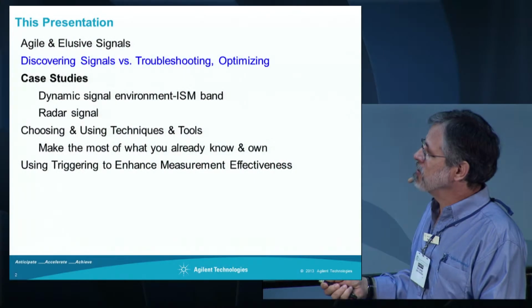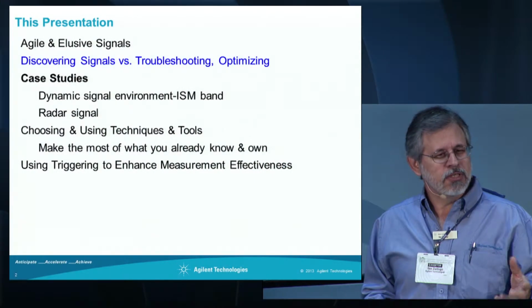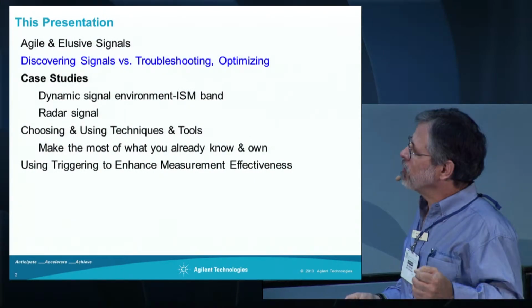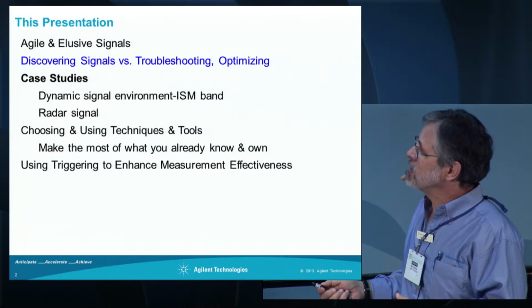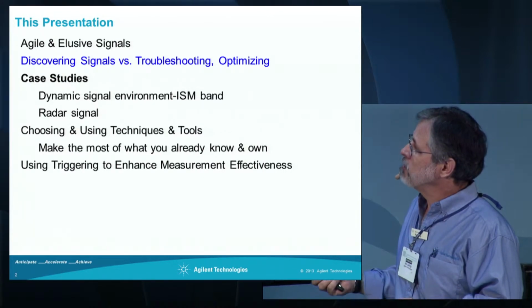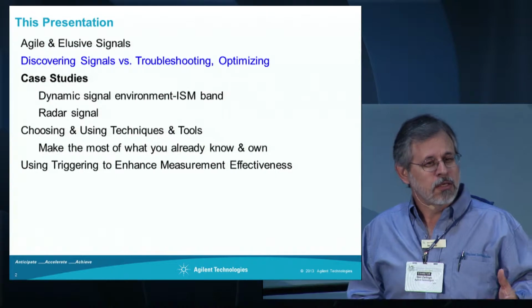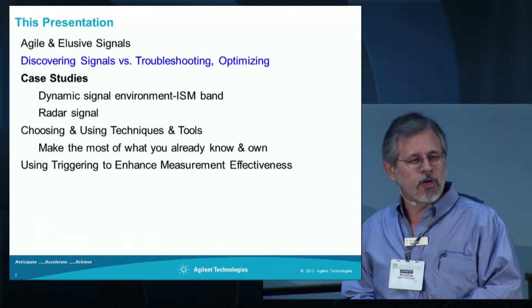So the presentation this morning is a summary version of some longer material that's now available in an app note, but we're going to focus on agile and elusive signals. And in terms of measuring these signals productively, one of the things I'm going to pivot around is the idea of discovering signals versus troubleshooting and optimizing. The optimum tools are often a little bit different that way,